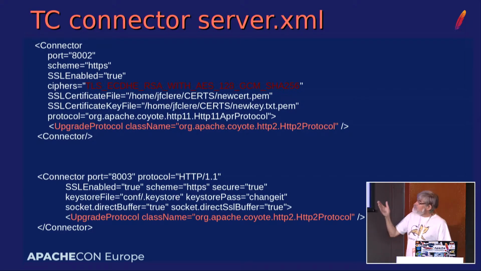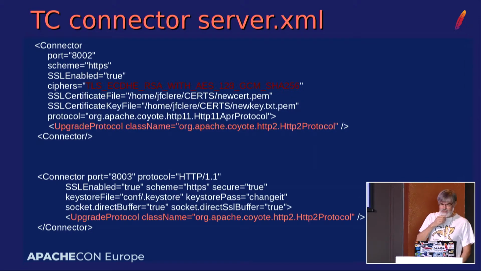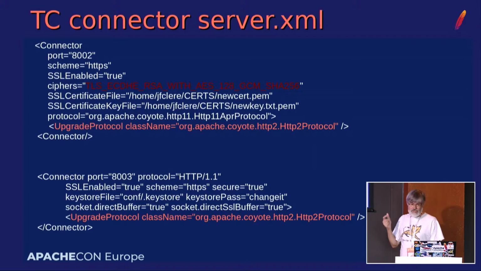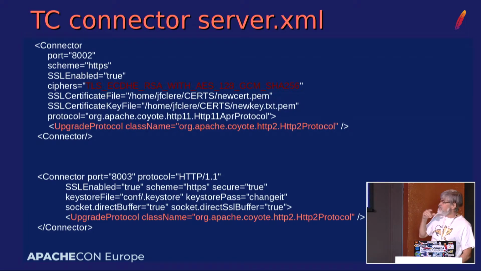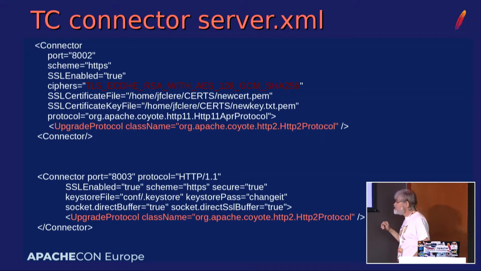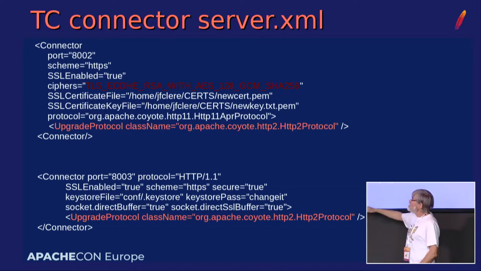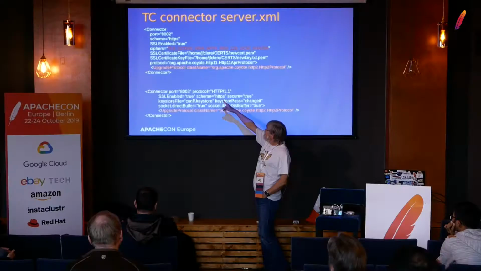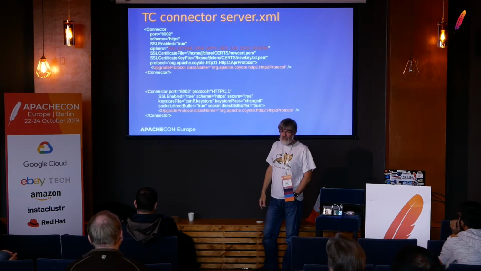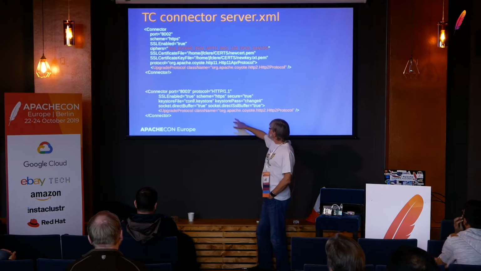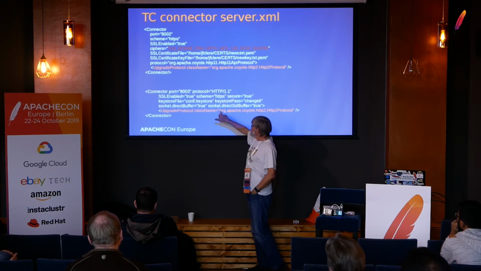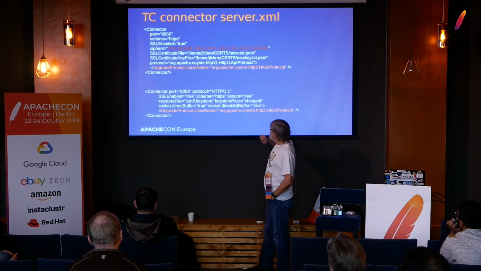So I have some slides on Tomcat, some on HTTPD, and some on TrafficServer. I should have updated these things, but basically, what is interesting to see is that in case you want to enable the protocol, the only thing you have to add is one line in your configuration, which is this line or this line.